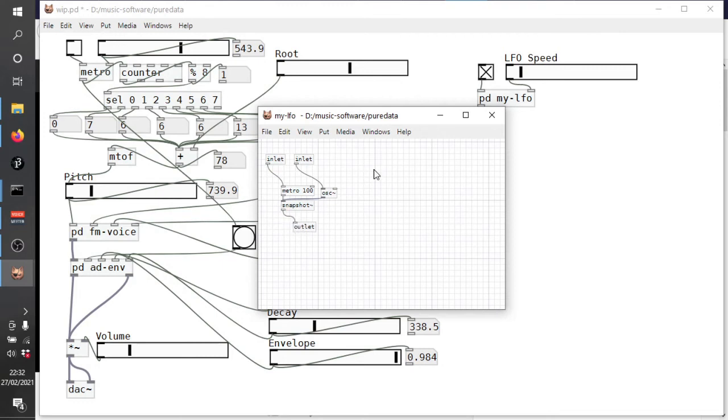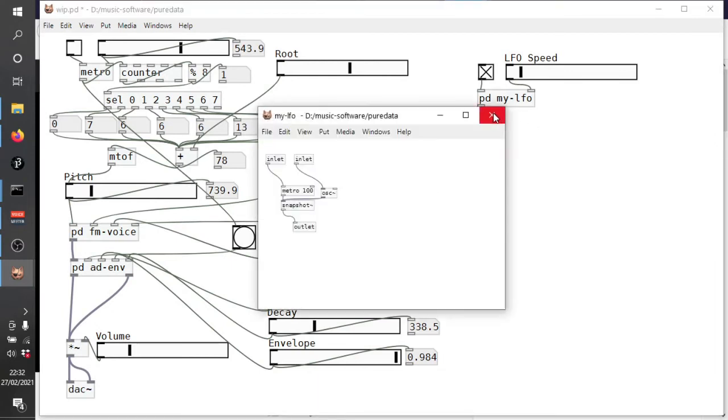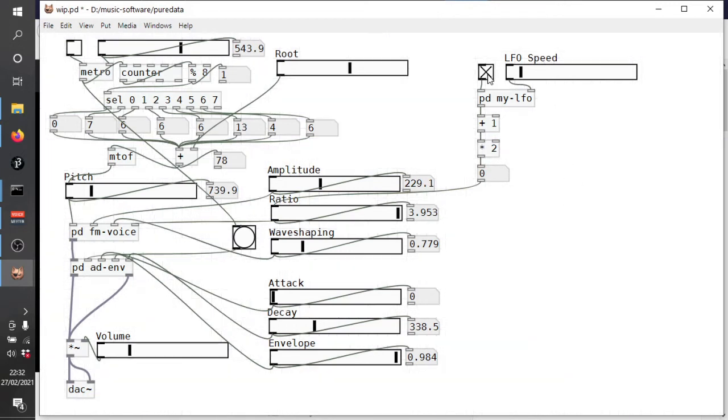It doesn't need to be an audio frequency outlet now. Okay, we will now see that we have an outlet here. And if we just put our number box back here again, put it back into our ratio, we should see that